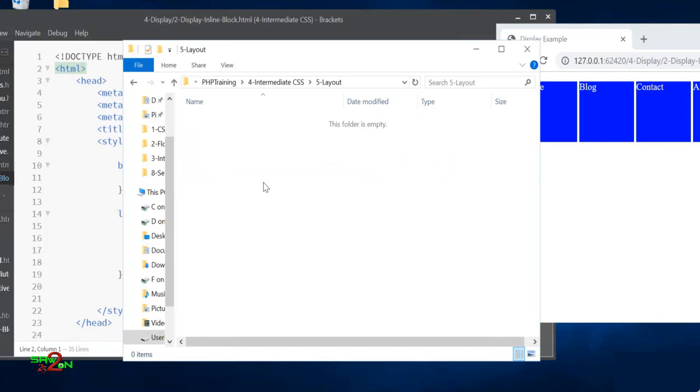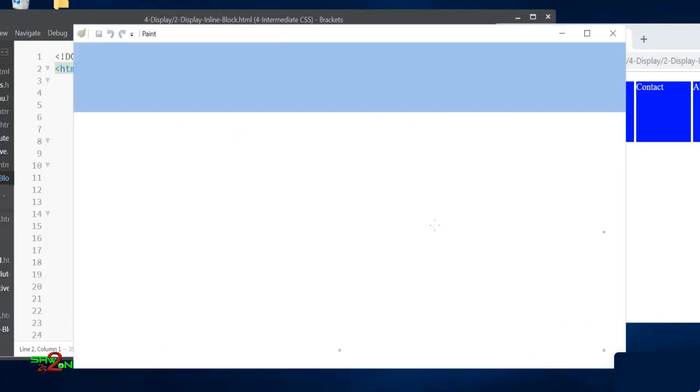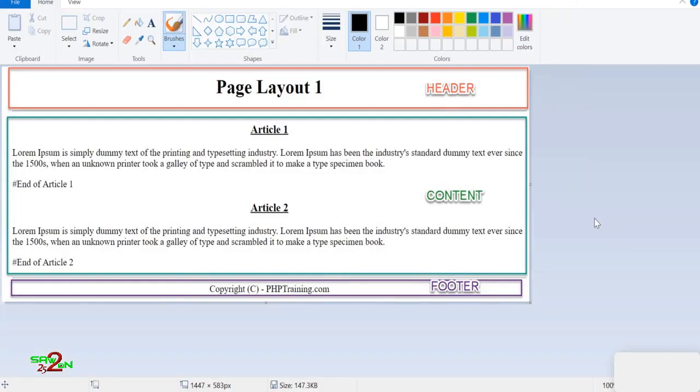I'm going to show you images to show how we are trying to achieve these layouts. So let's do this example. I'm going to copy paste a couple of files here. First we're going to do the layout. What is a layout, right? If you look at this layout,